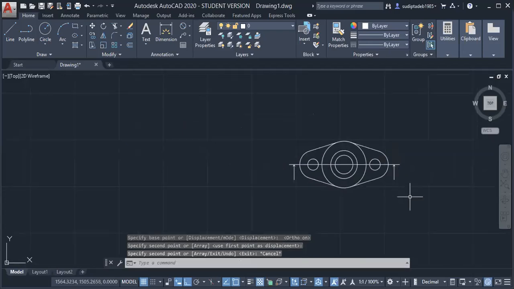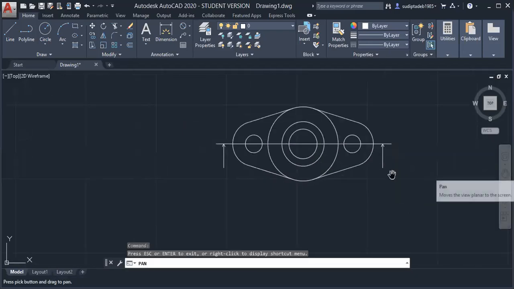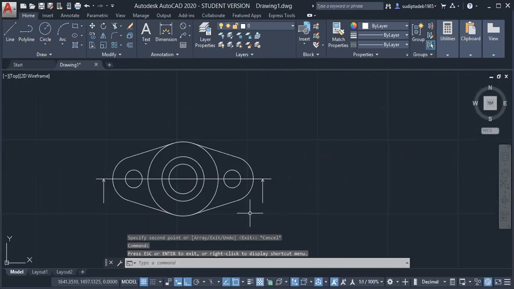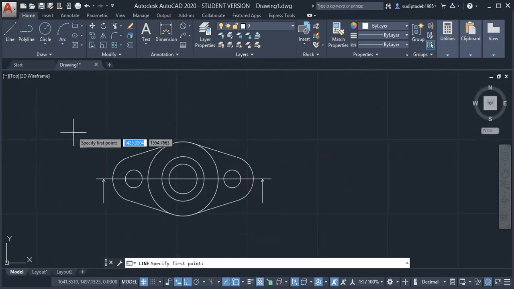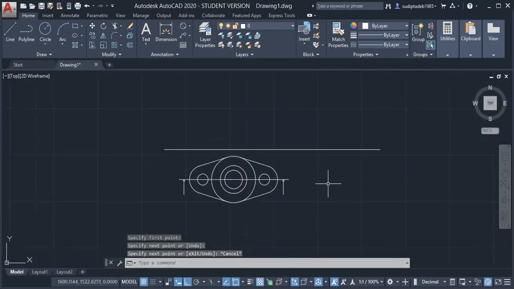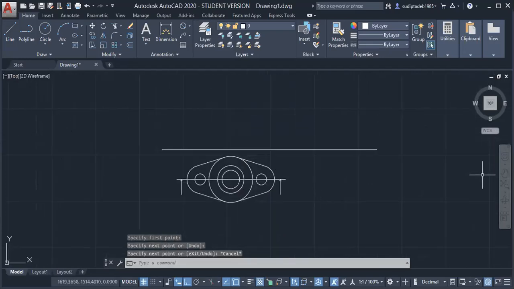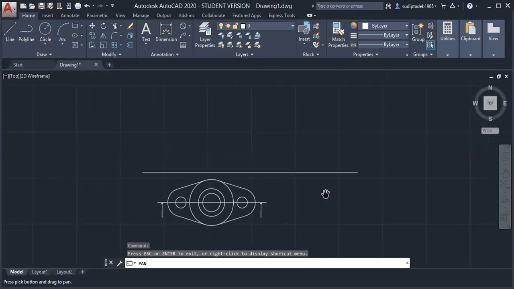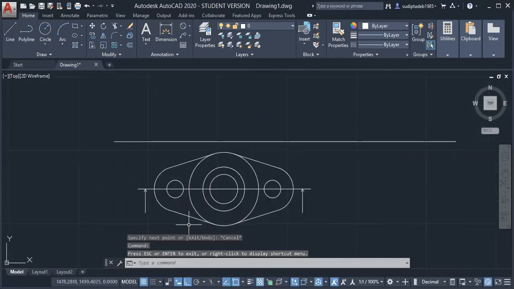Okay, so why I am showing you that: because above this section, if I cut the section across this line, I will show that in front view. That's why I have shown the arrow. Now next, just draw the reference line here, and in front view, from every point we'll draw the